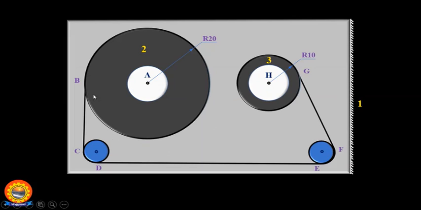Now the tape can be unwinding from the bigger spool and winding on the smaller spool, or it can also be vice versa, unwinding from the smaller spool and winding on the bigger spool. For now we are assuming that these spools are rotating in the anti-clockwise direction, so the tape is unwinding from the bigger spool and winding on the smaller spool. Right? So this is the configuration diagram as per the diagram given in the problem.